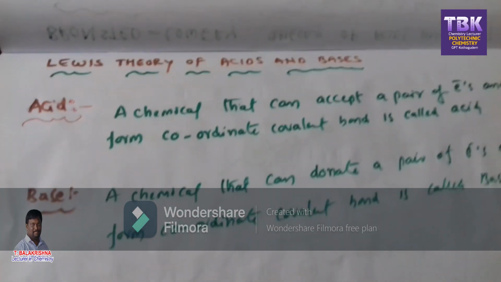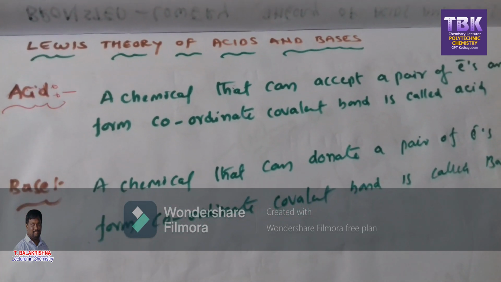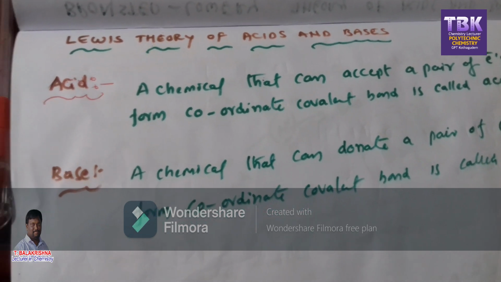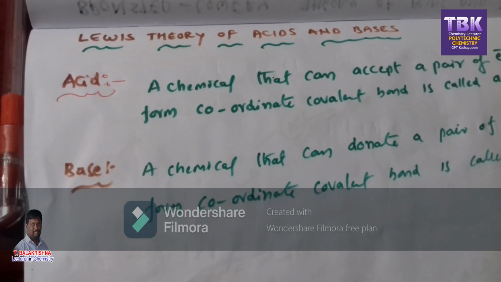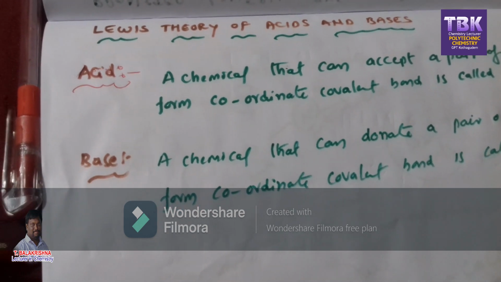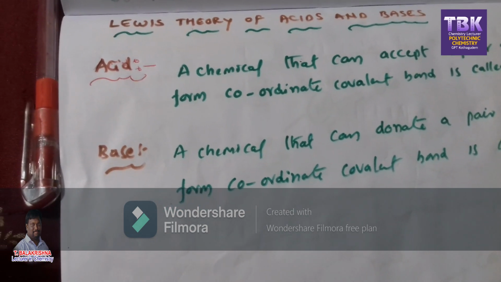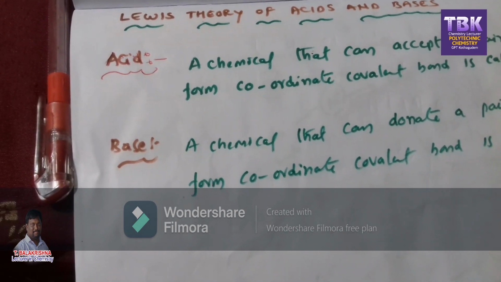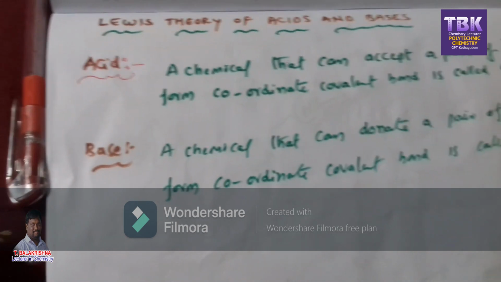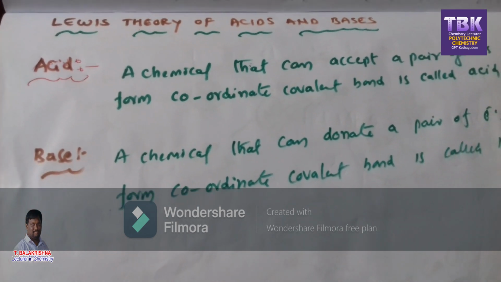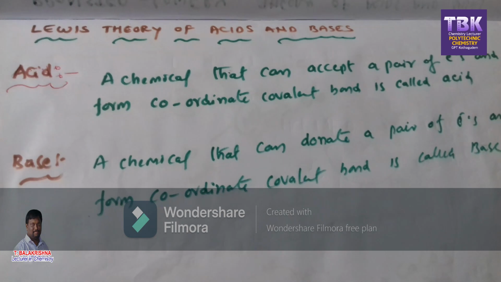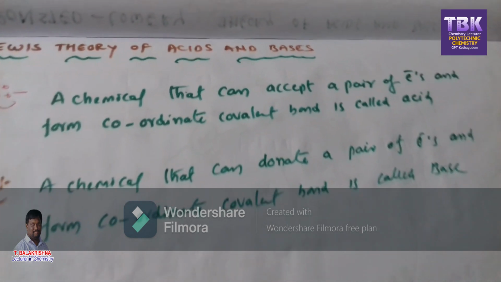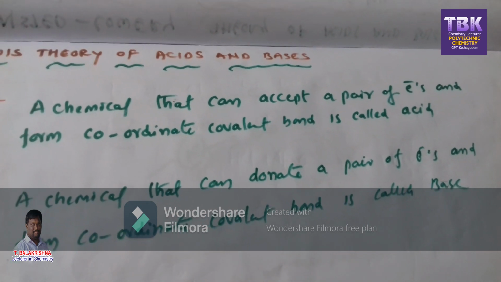Today our topic is Lewis theory of acids and bases. G. N. Lewis in 1923 proposed a new concept of acids and bases based on the electronic theory of valency. According to this theory, the definition of acid is a chemical substance that can accept a pair of electrons and form coordinate covalent bond